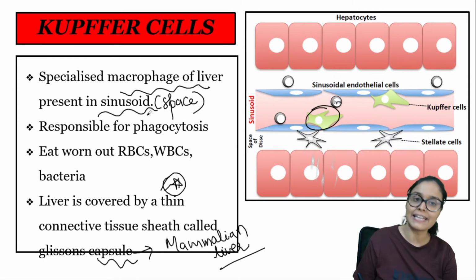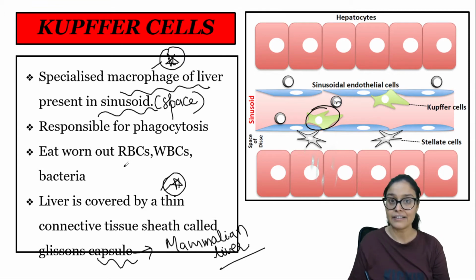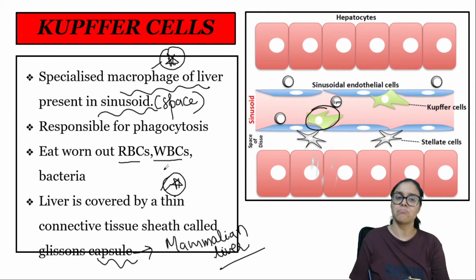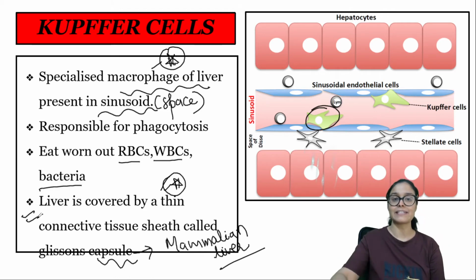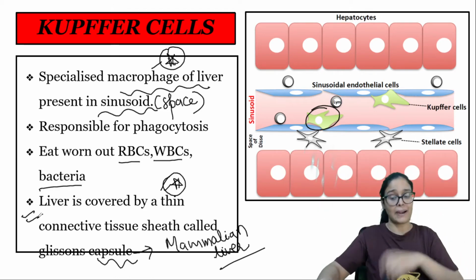So Kupffer cell is basically the macrophage of the liver, which destroys or eats damaged WBC, RBC or bacteria. So that is what I said. I have already told you about Glisson's capsule, which is the covering of the liver or of the hepatic lobule,